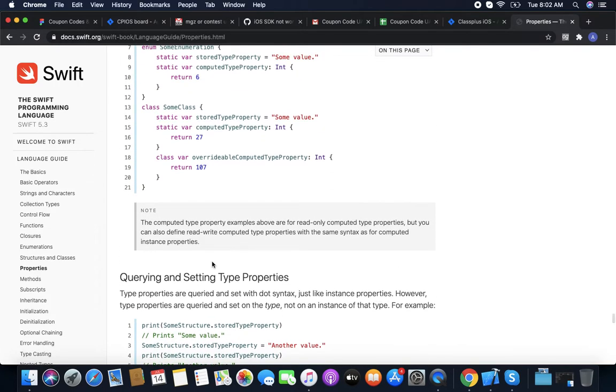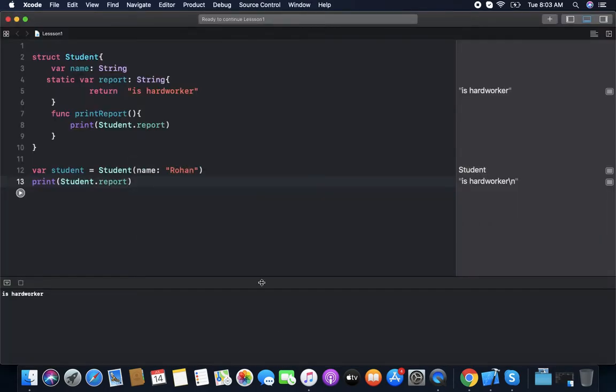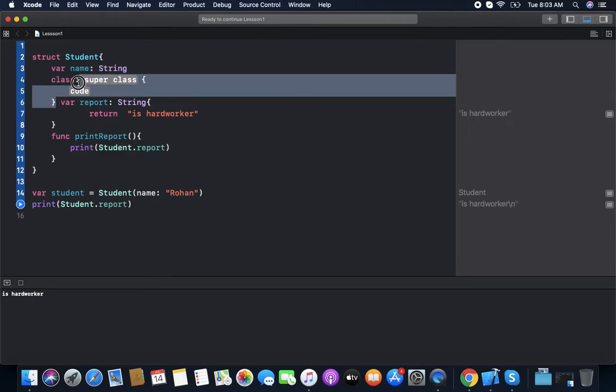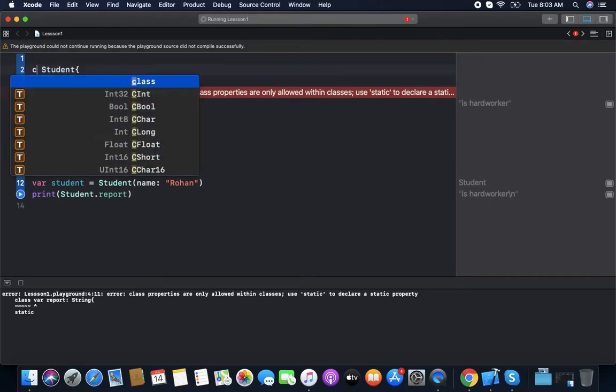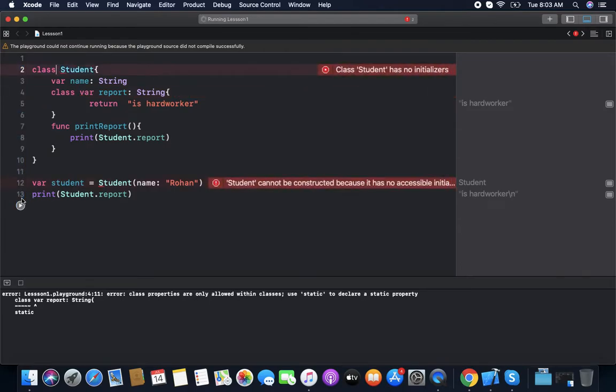To mark a global property, we can use two keywords, static and class. Whatever we do with static, you can do the same thing with class too. But class can only be declared within a class, not in a structure.